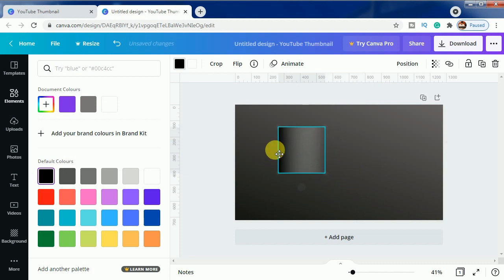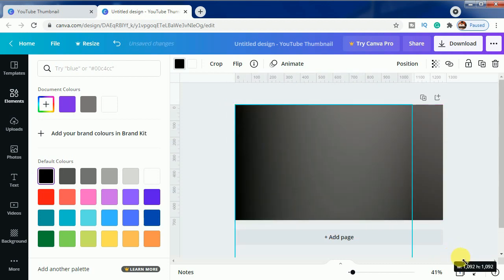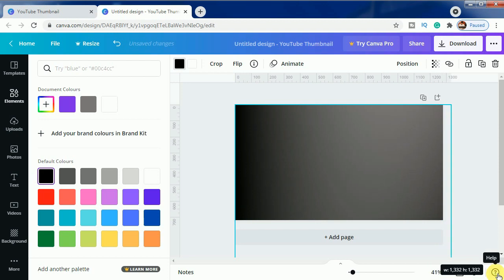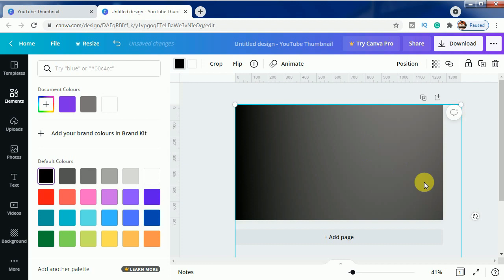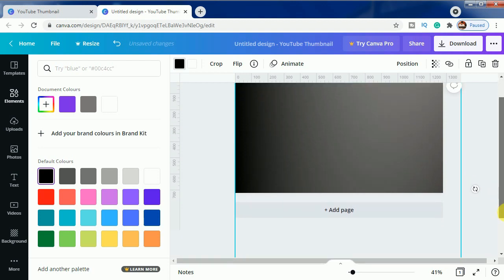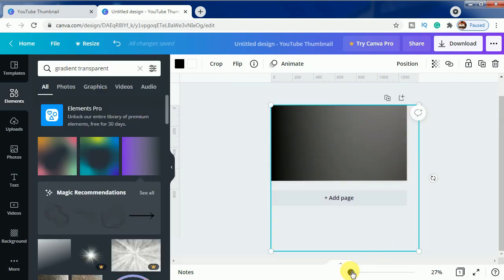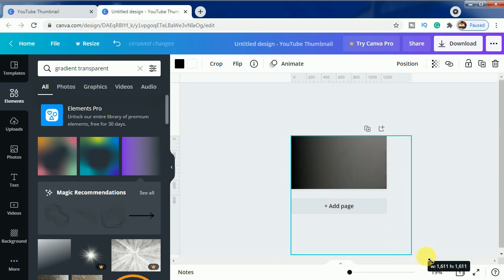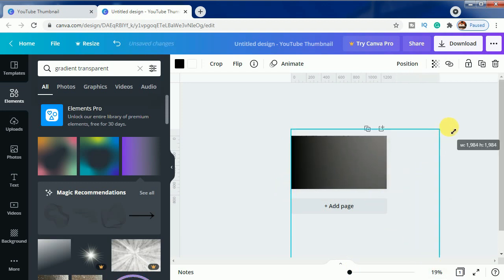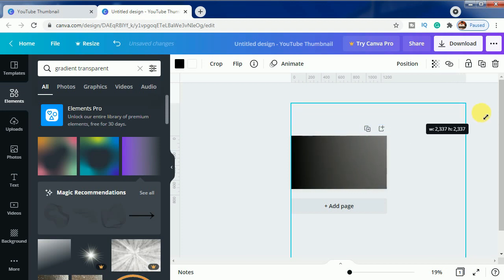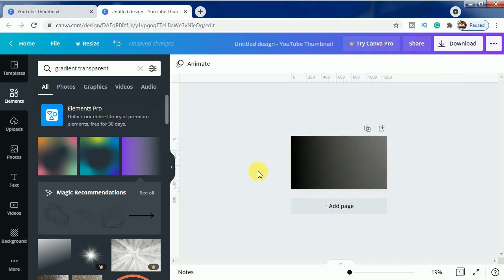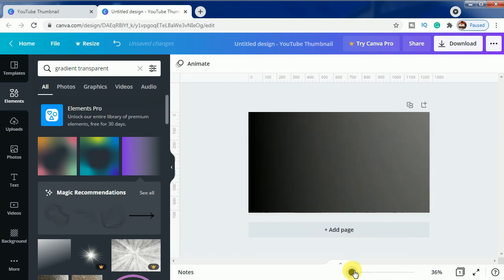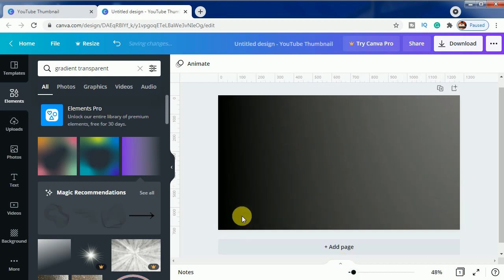Okay, and now we'll stick it here and make it bigger, so much bigger that it fills the background area, and we'll stretch it further so that the black color comes on this side also. So let's stretch it. This much black color looks good for us. Now we'll bring the canvas to the front.